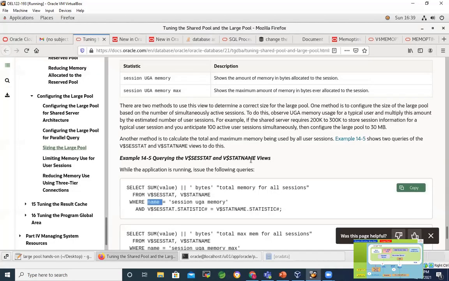Not the name column, let's see. Where name is, yes, some value, the value column, where name like session UGA. From the UGA, we are counting how much memory is in use. That is what this query does.